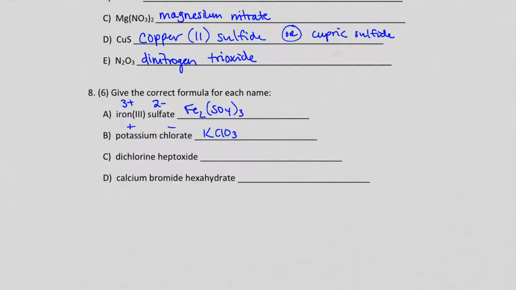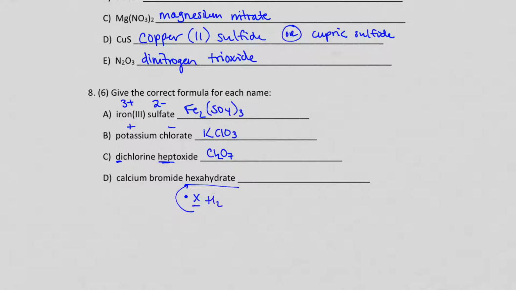We are done. Okay, now there's a molecular compound, so all we're going to do, right, is we have di and we have hept. So we're just going to write Cl for chlorine, a little 2. Actually, let me move this up. Cl for chlorine and a little 2, right? And then an O with a little 7. Now let's make sure your 2 and your 7 look different. It is possible for them to look similar, so just be careful of that. And then really quick, remember this hydrate is just a little dot, so times, and then X being your prefix,